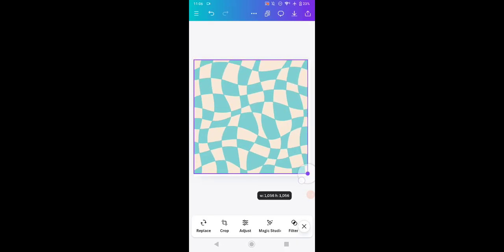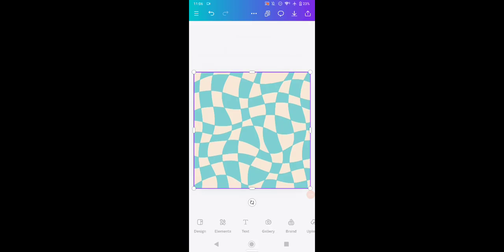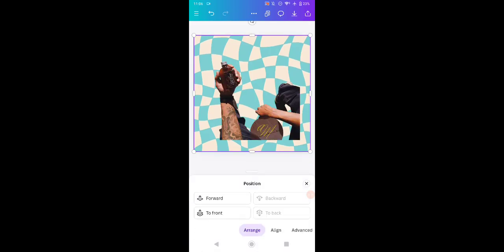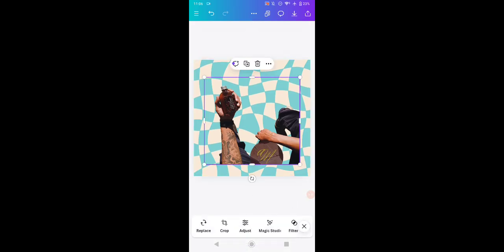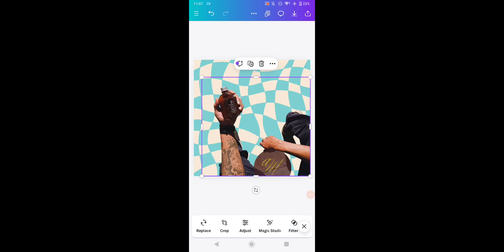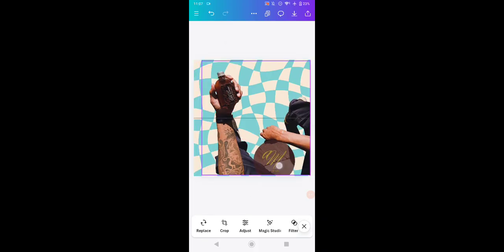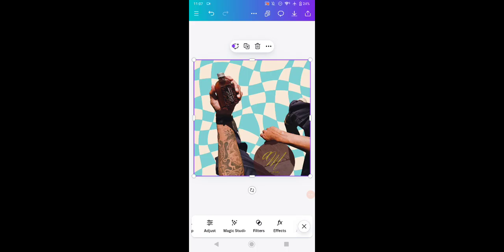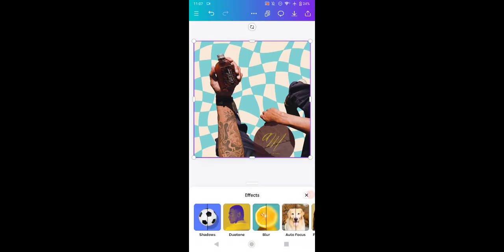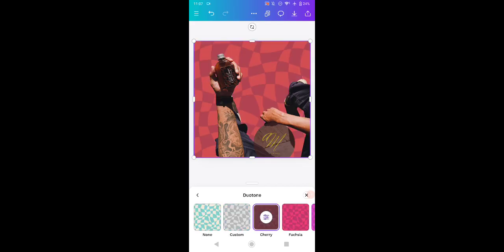and expand the design. Make sure that it's covering all of the image like this, and on the position make the design behind the image like this. And after that, adjust the position of the image, and I will try to make it wider like this. And after you finish doing it, we can add an effects like tone effect to change the color